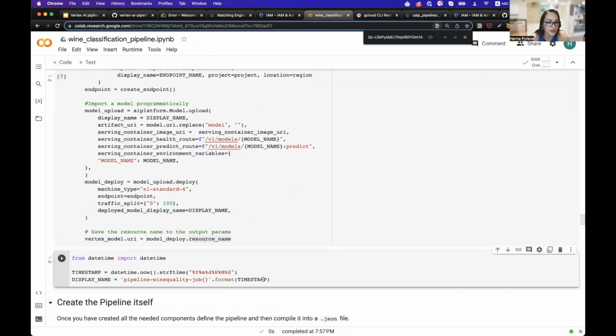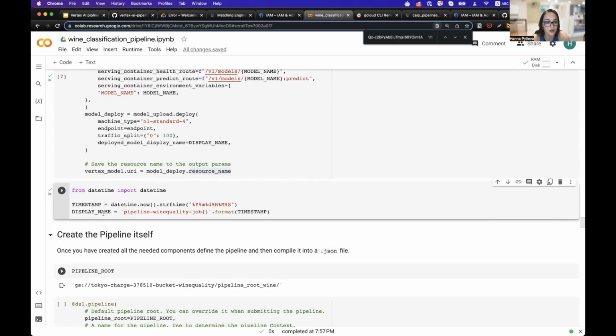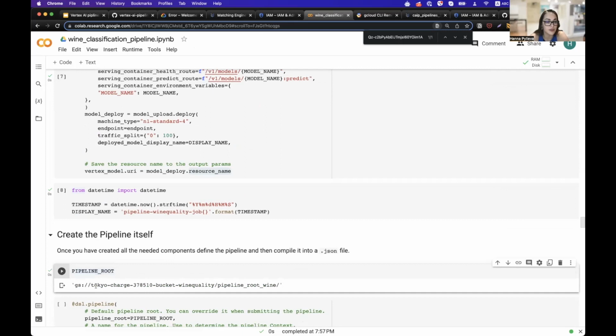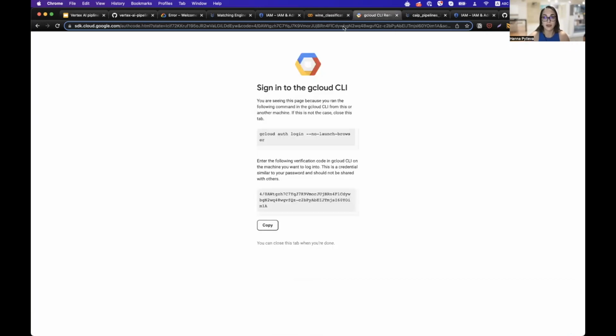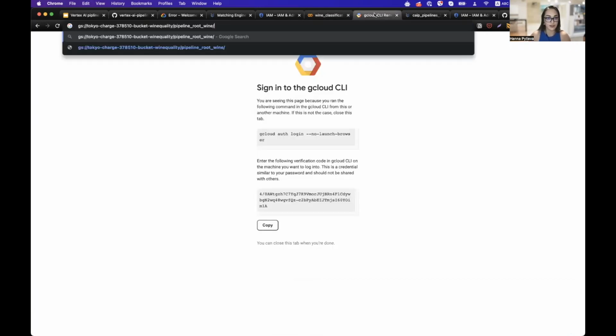Then we will create a unique display name of our jobs, which will run, and here I specify the display name, and we will check currently whether we have a proper pipeline route, and here what I have. So in this route I will run a pipeline. I will now show you what I currently have by this route, but for this I need to enter my